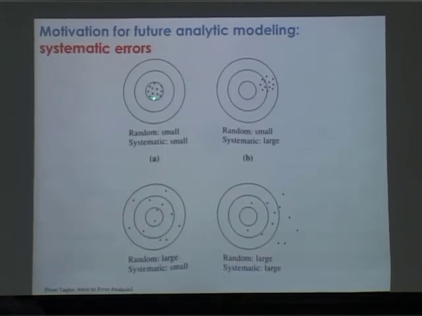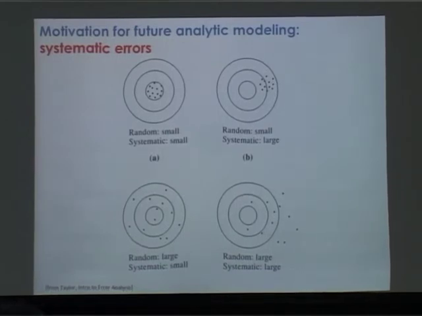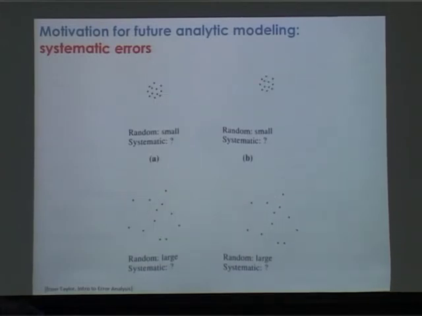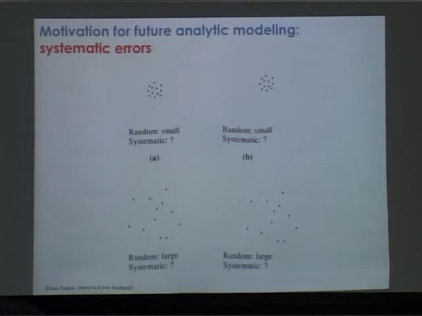And that's like the spread of my darts around the target, okay? But then there's another kind of error, which is the systematic error, which is essentially due to your lack of understanding of your experiment or of the model that you're using, okay? That's the type of error you make when you throw all the darts in the same place, but you miss the target all the time, okay? And of course the problem is that in the real world you don't actually know where the target really is, so it's very important that you get some sort of handle on what the systematic error is, okay?